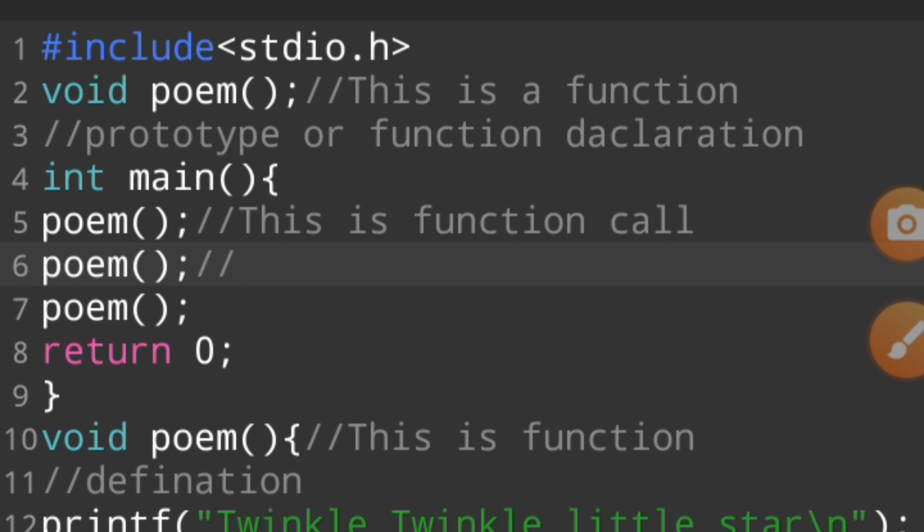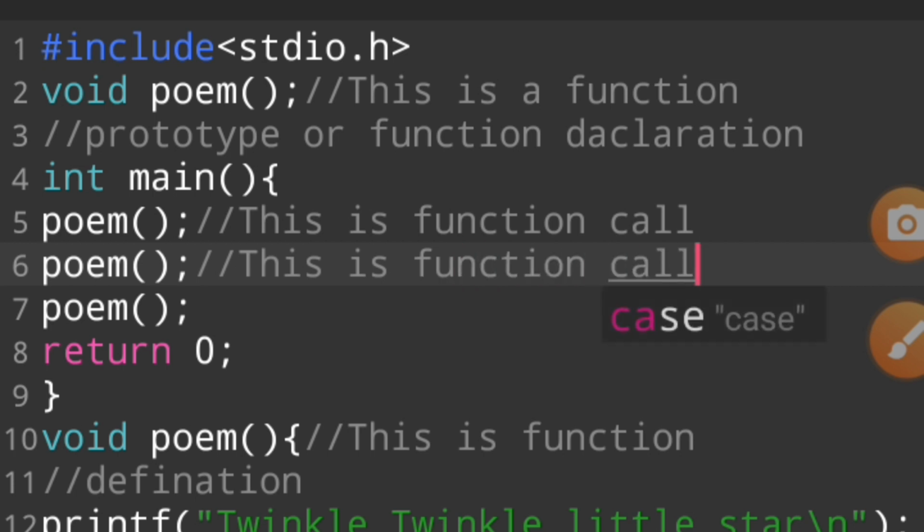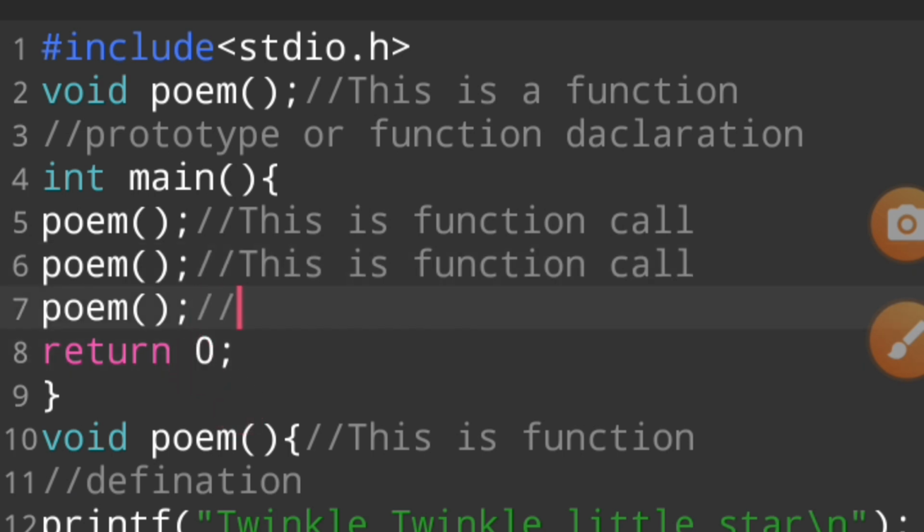So this is also called a function call. How this program works, I will teach you in the best way, inshallah.